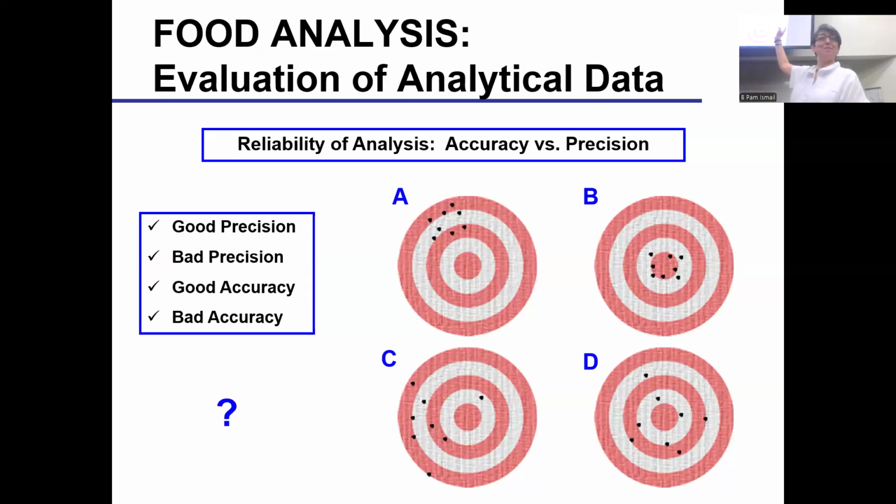Go ahead, Emma. Yeah, so you are very precise and you're getting accurate results. So what about C? Who wants to say that one? Bad both. This is just like here, we're not even close. Either we're not following the method steps properly, we're using a bad pipette, we have bad pipetting skills, something is off, nothing is working. And D is actually